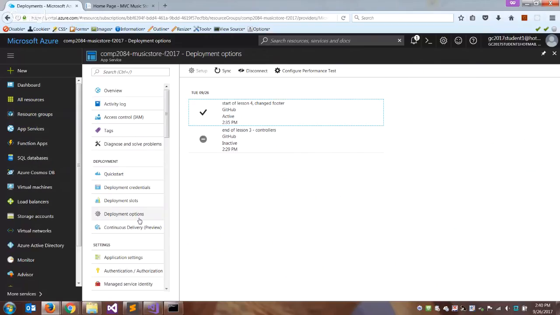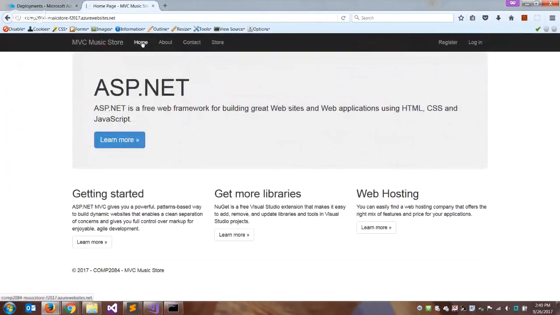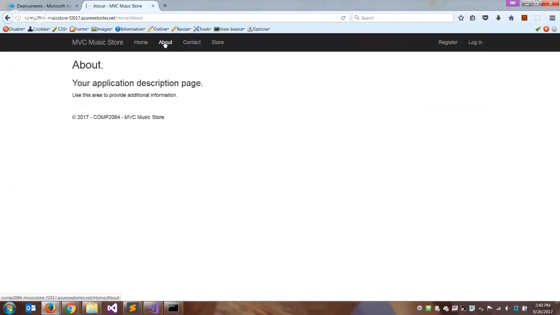Josh? Do you know why my home link, like my whole site went up the same way, but for some reason my home link now tries to go to the root of the web application, even though the action link is still the exact same? Sorry, so when you click home, where does it go? It doesn't go to /home index, it just goes to the root, which has that default application page. Oh, so it shows you that. What about when you click about and contact? Yeah, that all works. But when you click either of these links,